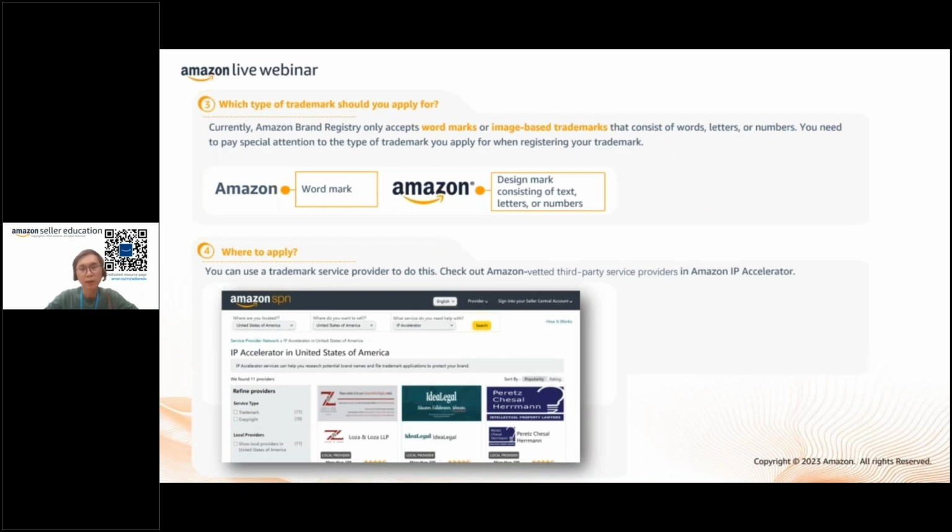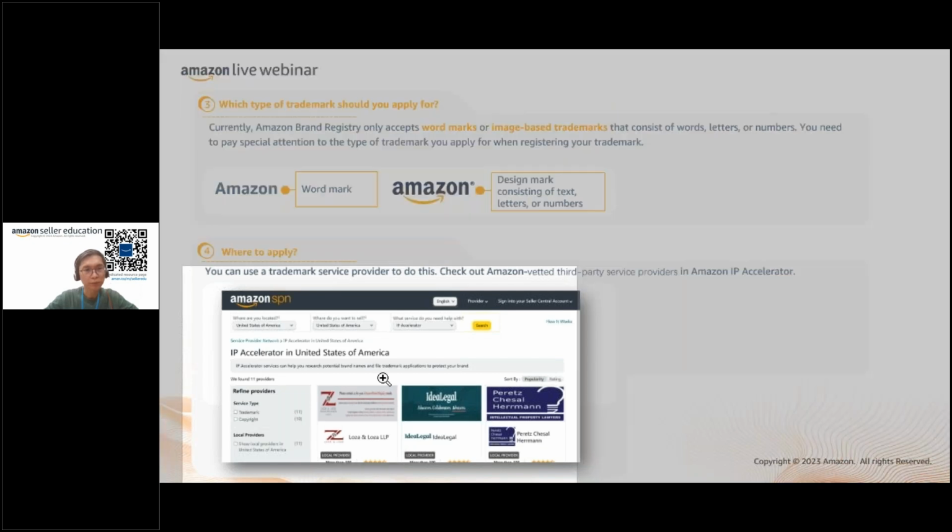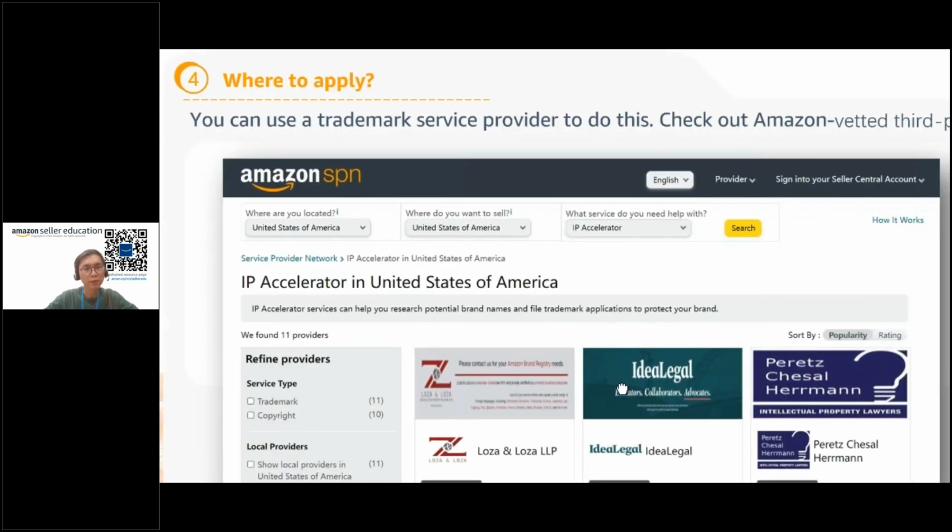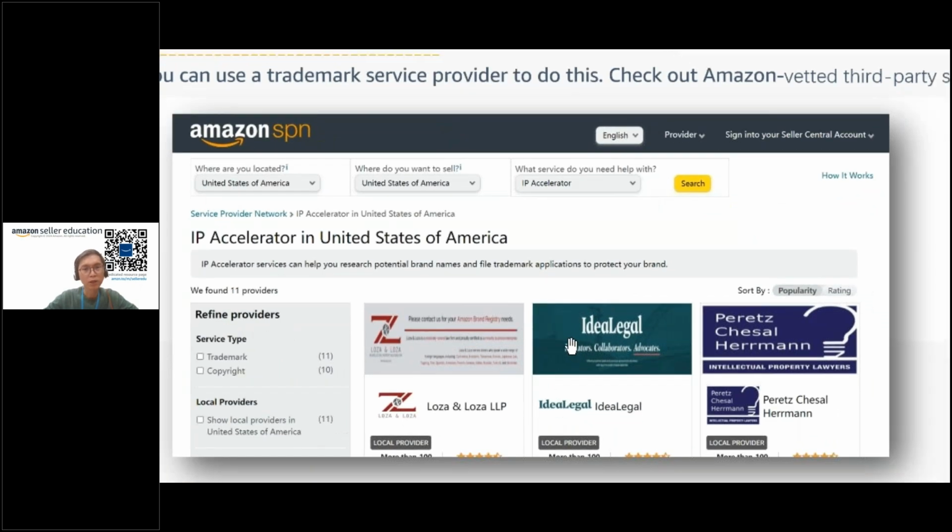So where to apply? Again, we have an IP Accelerator program. I'm just going to zoom in. It's part of the service provider network. You can consult them to help you get your trademark registered in the USPTO, because they no longer accept, how should I put it,